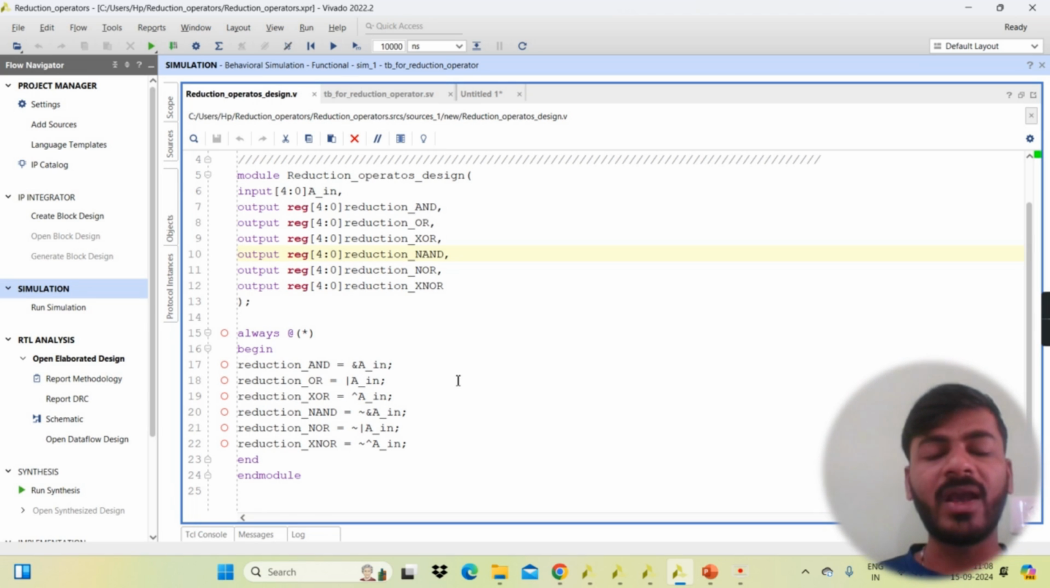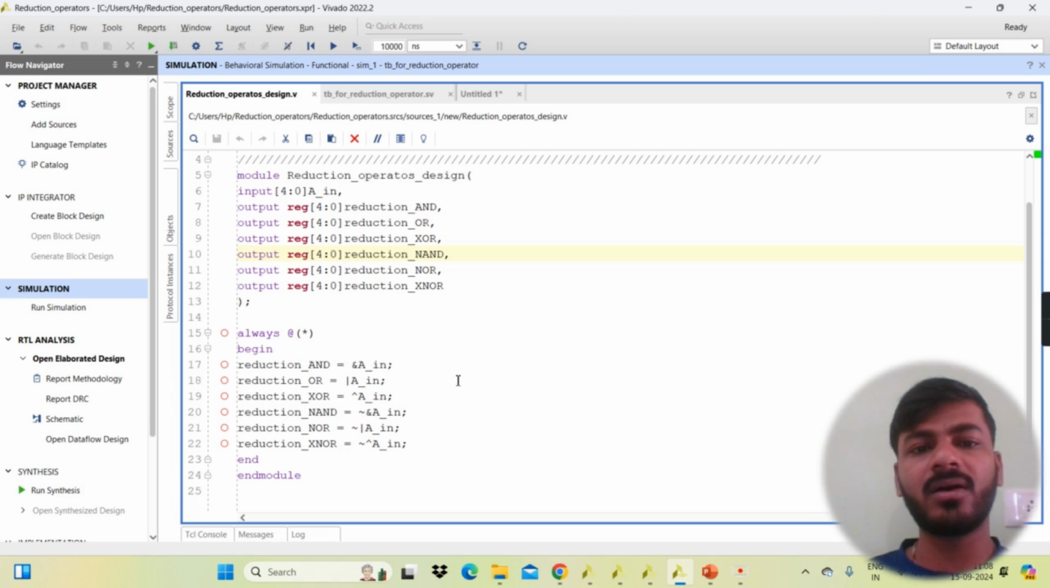So here we have almost covered all the types of operators such as arithmetic, bitwise, logical, equality, inequality, relational, and reduction. And the main thing is all the operators are synthesizable. You can easily implement them. And here I will